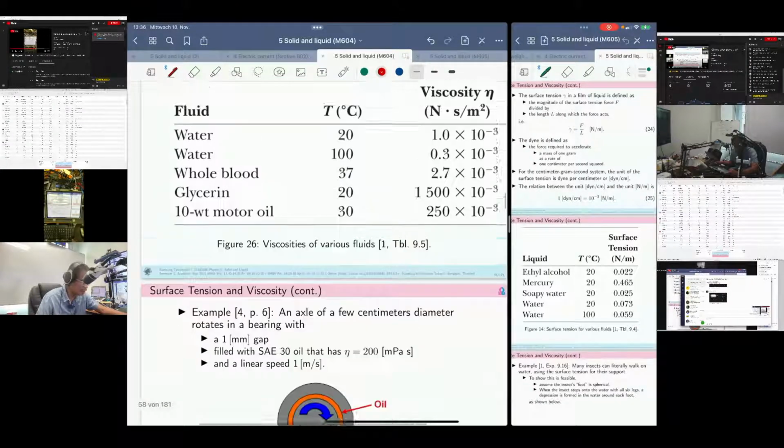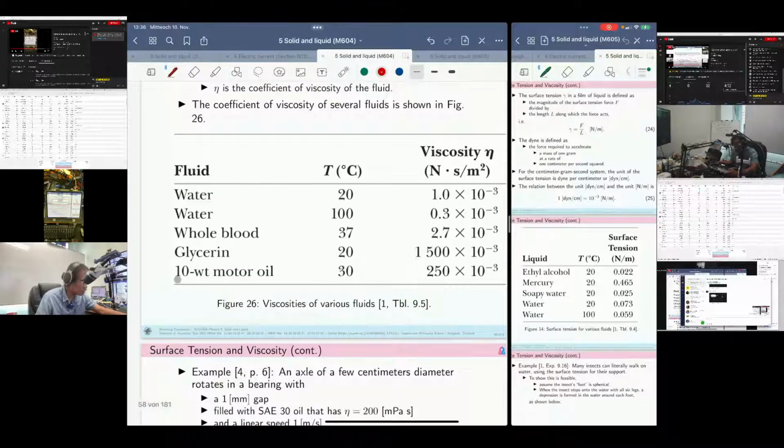All right. And the last one is 10WT motor oil. If you have ever noticed, the oil that is used to lubricate several components or parts inside the engine has to have some amount of viscosity, because when they have a large amount of viscosity,